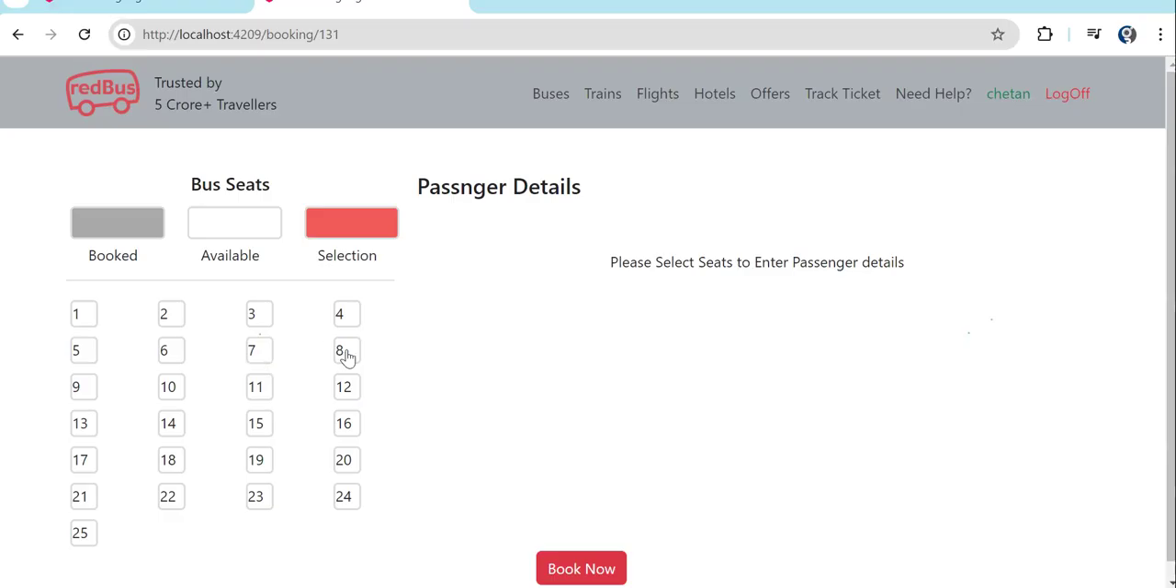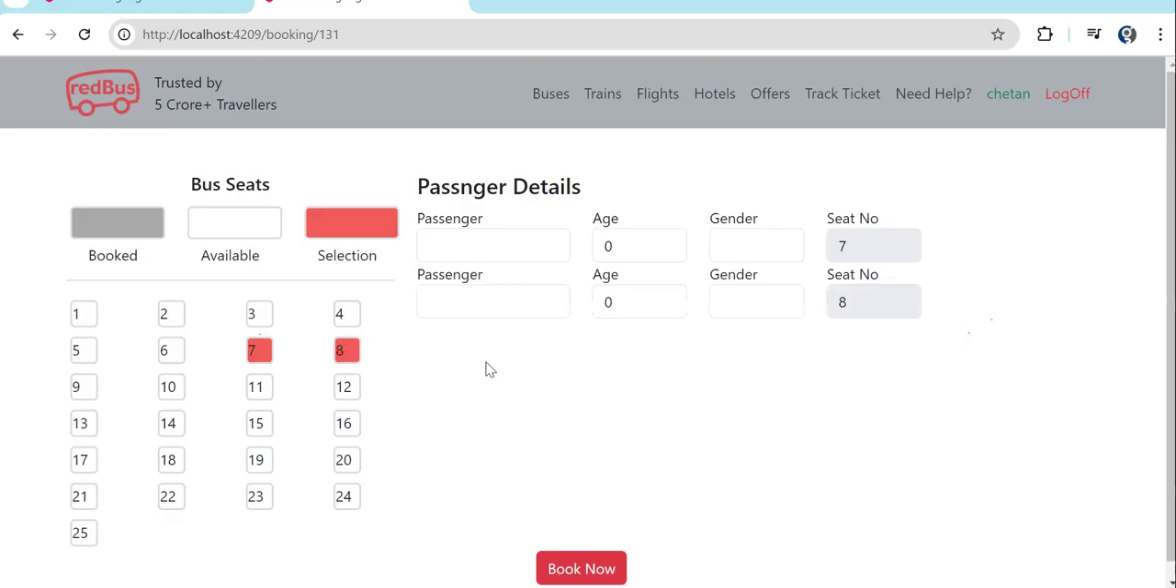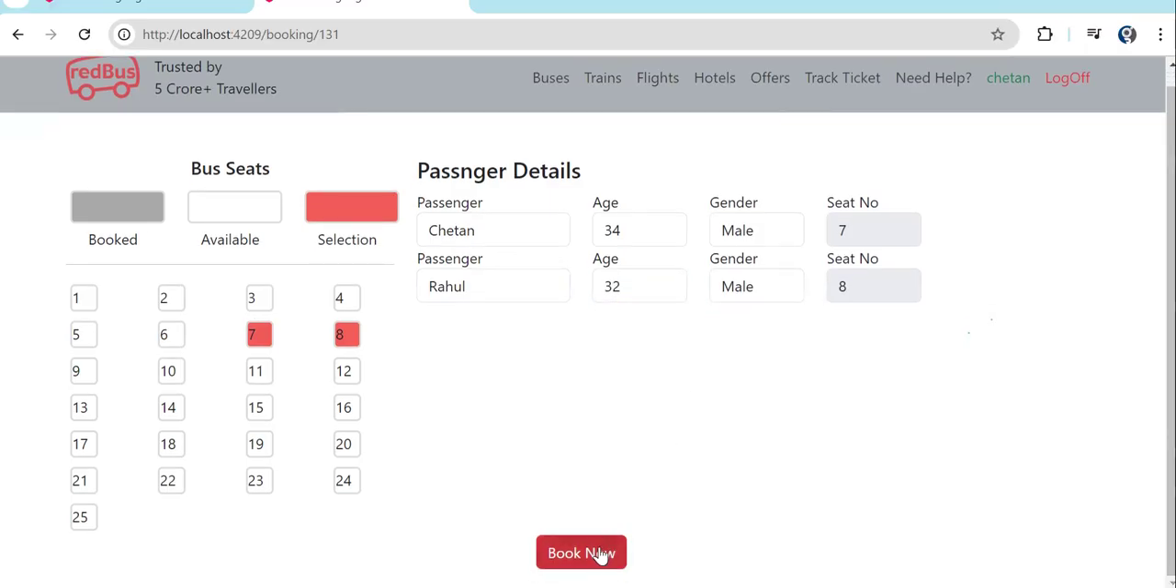So let's say I'm trying to book seat number 7 and seat number 8. Whatever the number of tickets you select, that number of forms will be printed over here for the passenger. Let's say myself is traveling, then let's say one friend is also traveling with me. Now if I click on book now,